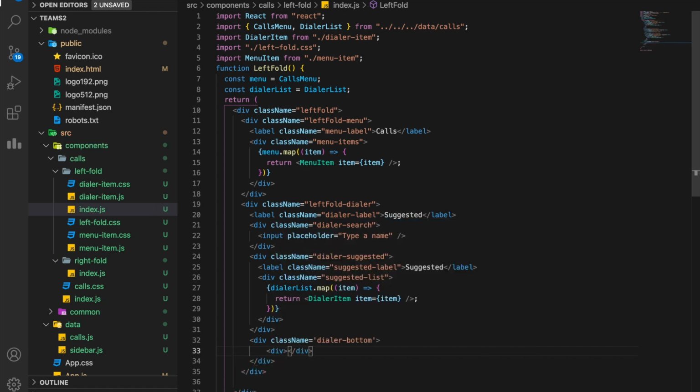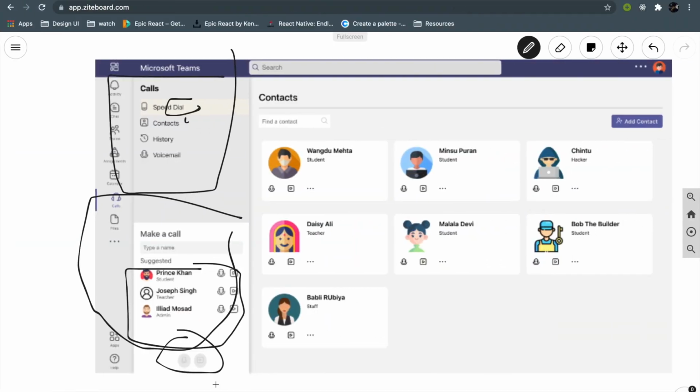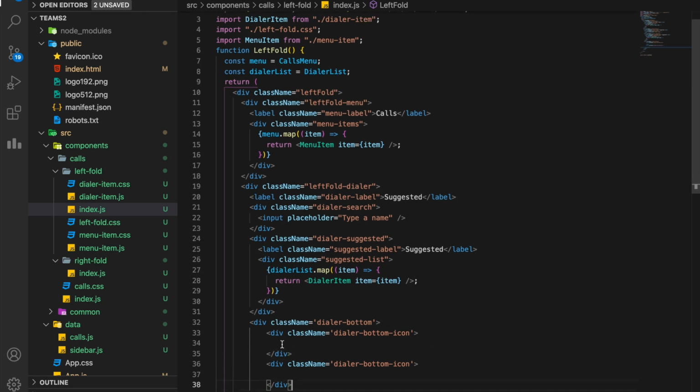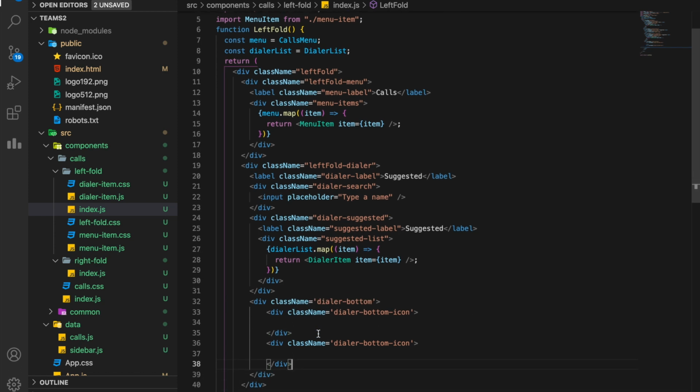So we'll create a div. You see, it's an icon, and then inside that I'll place the icon. So it's a very simple thing that I have been using so far. I'll call it dialer bottom icon. Make sure your class names are understandable, therefore I am making it like this, Command C and Command V, since I am going to use two icons.